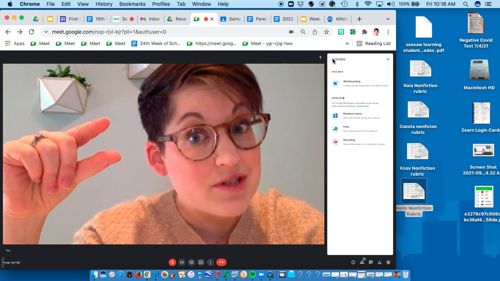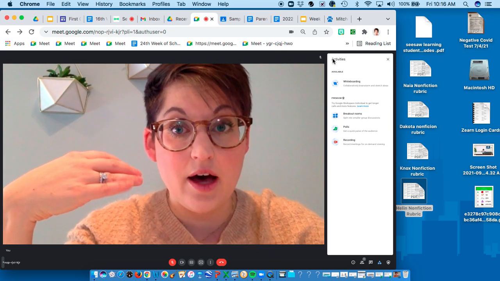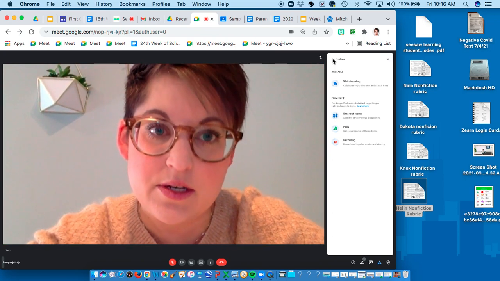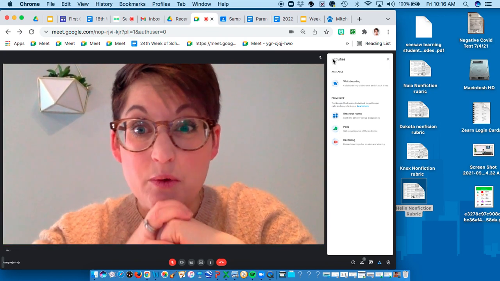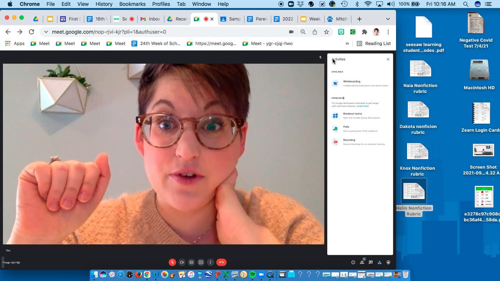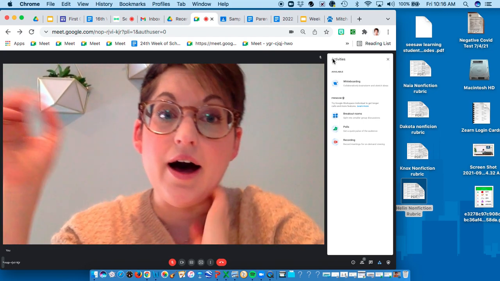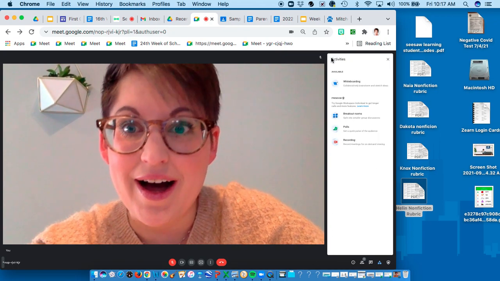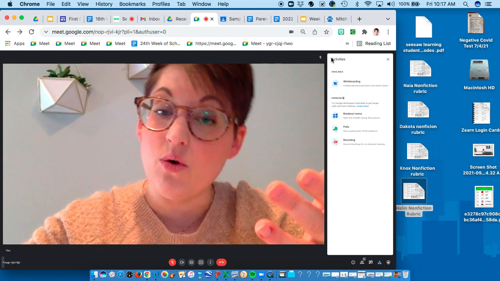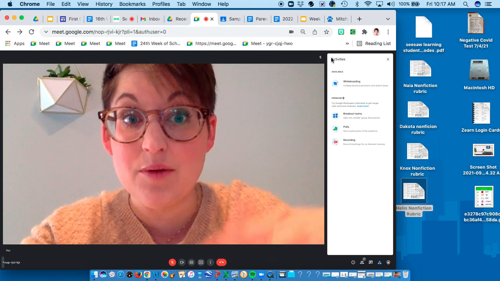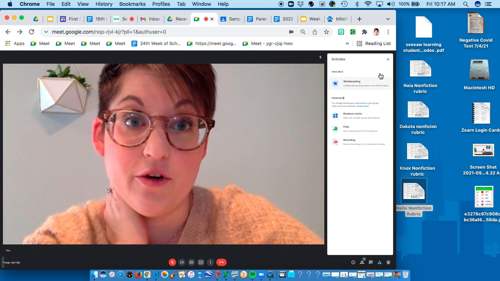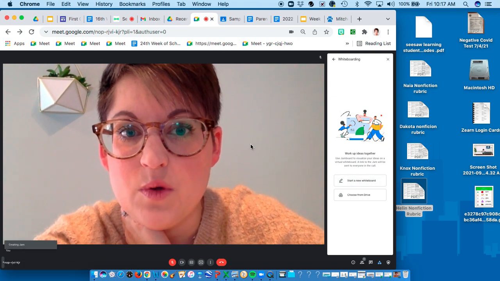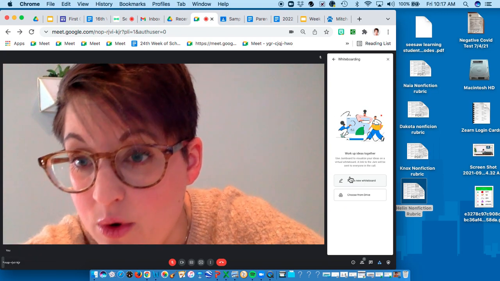I can set a countdown timer as well, so if I give you 3 minutes in a breakout room, once it runs out it will automatically push you back into the Google Meet, the main room. When you're in a breakout room, there are options to raise your hand and ask for help, and I can see that and jump into your Meet. So that's our breakout room. There are also polls. If I ask a question and want you to choose an answer, or if I ask how we are feeling about this problem and put it into a poll, you can come over and do that. We also have a whiteboard feature where we can jump into a Jamboard,